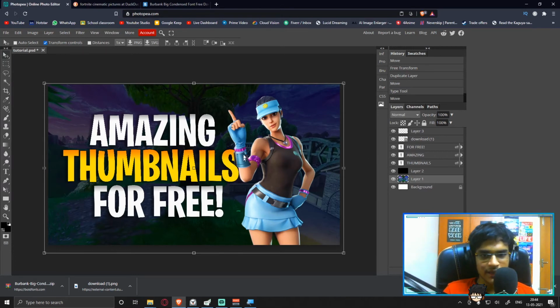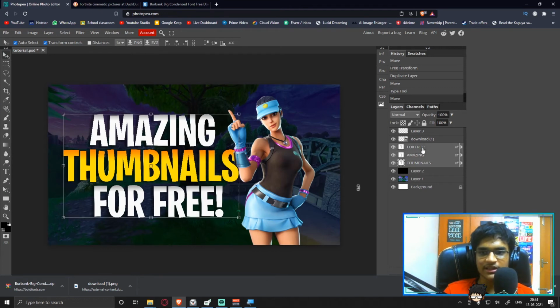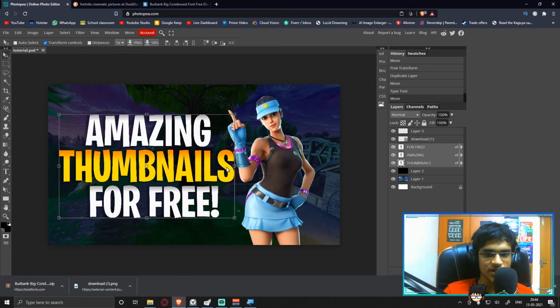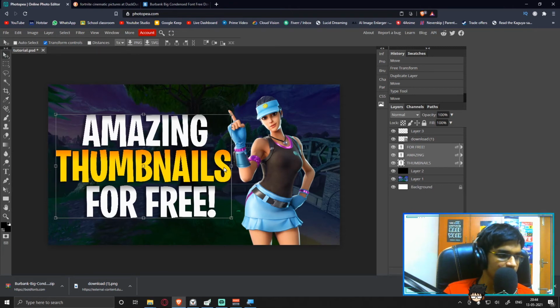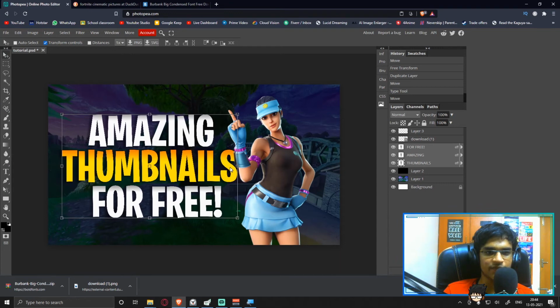Now I'm telling you guys, the intersection between the character and the text is very important. Obviously, depending on your choice, you can keep it however you want to, but I like it when there's a slight intersection between the character and my text, whereas the viewer can find out there is a slight intersection just to see who's on top. If you just keep it outside, I think it's very basic. So for that reason, I'm just going to give a very slight one.